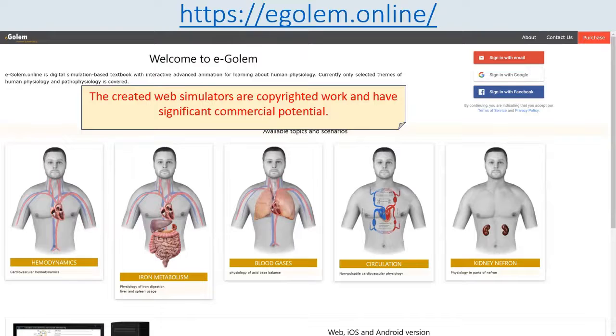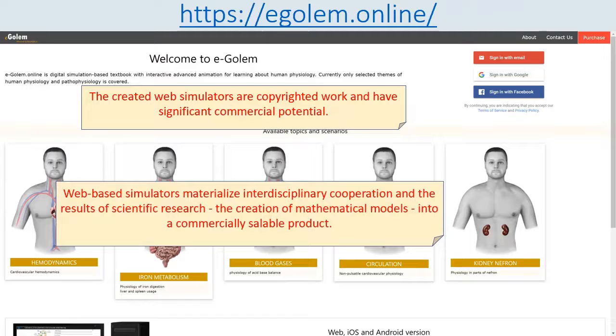The created web simulators are copyrighted work and have significant commercial potential. Web-based simulators materialize interdisciplinary cooperation and the results of scientific research, the creation of mathematical models, into a commercially saleable product.